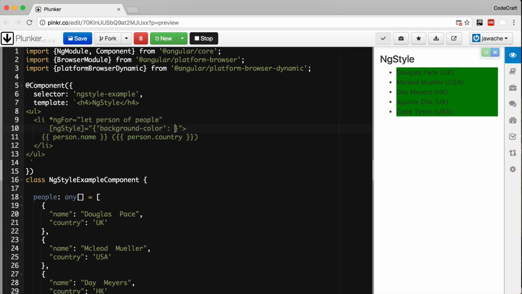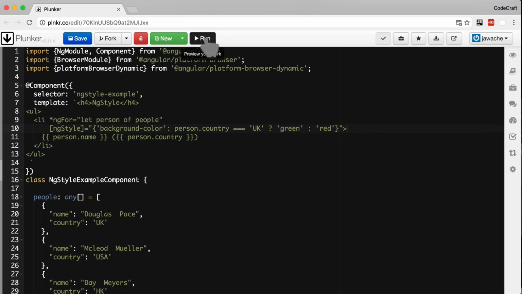So I'm going to use something called a ternary operator, which is like a one-line if expression. So this is a ternary operator, which means if the person country is UK, then use green, else use red. And now if I run the application,